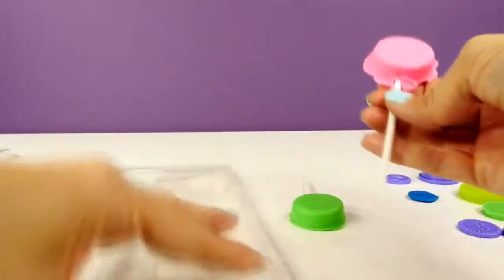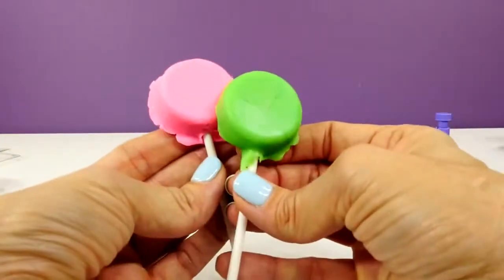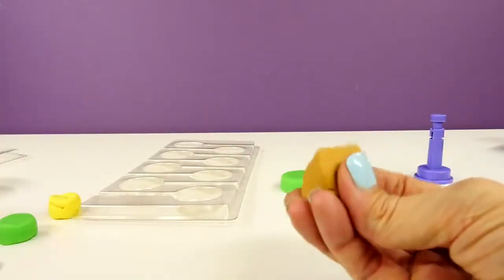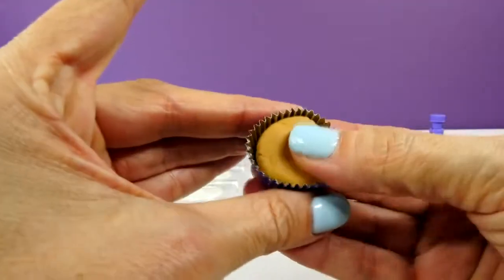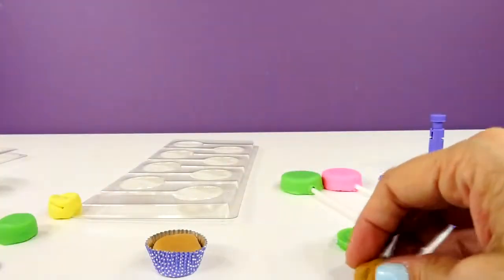All right, let's check out our lollipops. Aw, whoops, I dropped the green one. Those are perfect. Okay, so we have our lollipops, and next I want to take some Play-Doh and make some itty bitty cupcakes. Okay, there's a cupcake, and